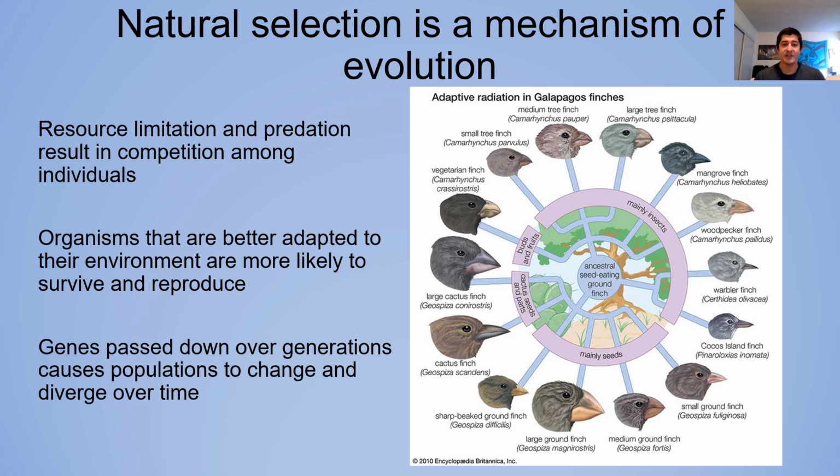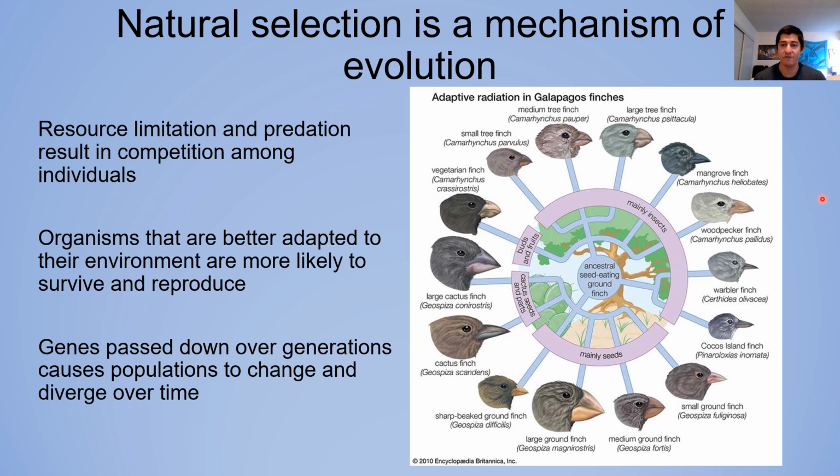And then genes passed down over generations cause the population to change and diverge over time. So in this picture, we have this classic example of the Galapagos finches, which Charles Darwin observed and used for this concept, where we have this really great diversity of finches that likely arose from a single type of bird. And so if we look at this ancestral bird that ate seeds off the ground, maybe one season